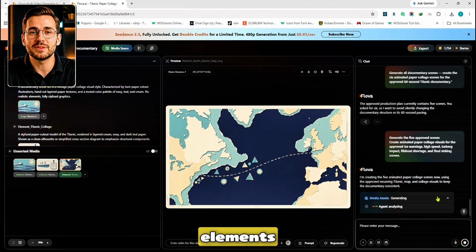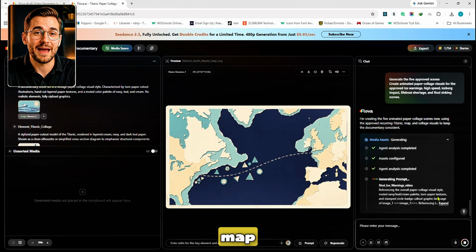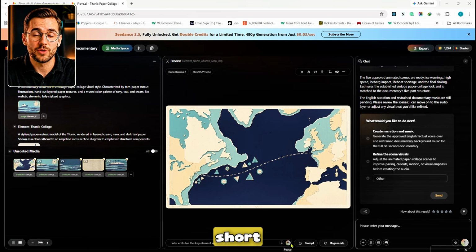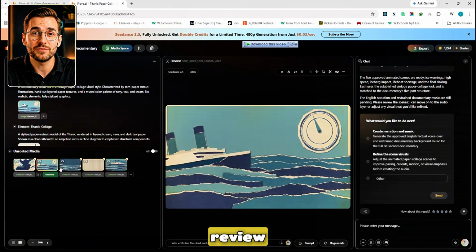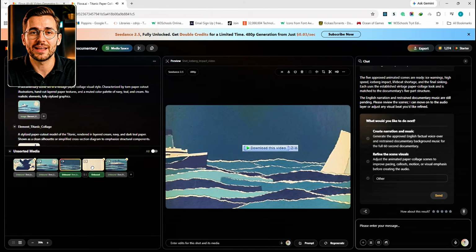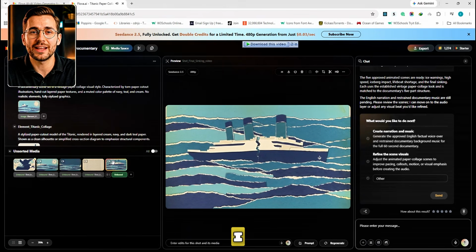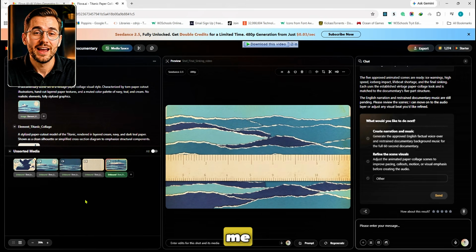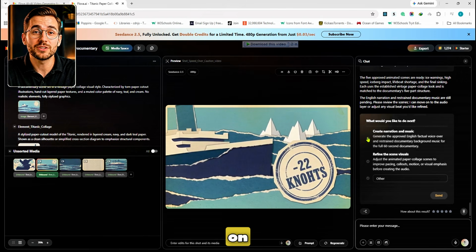Now that the visual elements are approved, Flova starts creating the 5 animated paper collage scenes, using the approved Titanic, map, and collage visuals to keep everything consistent. Within a short time, all 5 documentary scenes are finished. Now I get to review all 5 scenes carefully. If anything feels off, pacing, a call-out, the motion, I can use the refine option to fix it before moving forward. For me, every scene turned out exactly how I wanted, so I'll confirm and move on to creating the